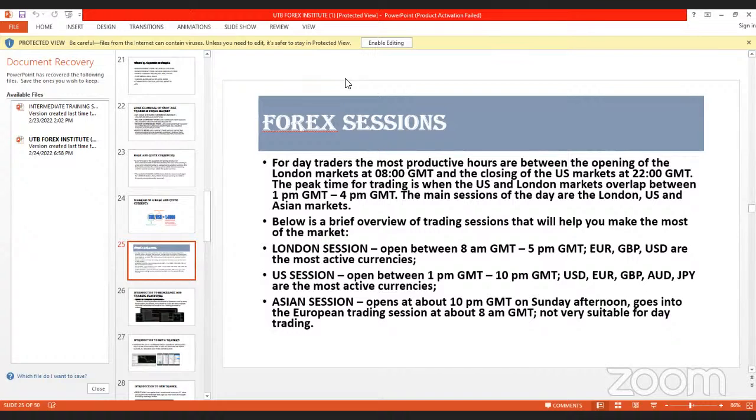So that is another thing you need to know about trading sessions. Now, a market can be buying during the Asian session, from the Asian session to the UK session, and they will tell you they're waiting for the London session, they're waiting for the US session. The US session will start from either 1 p.m. or 2 p.m., one of the two, depending on the GMT. Once the US session starts, it can change the narrative, it can change the direction of the market, because the US market is now trading.